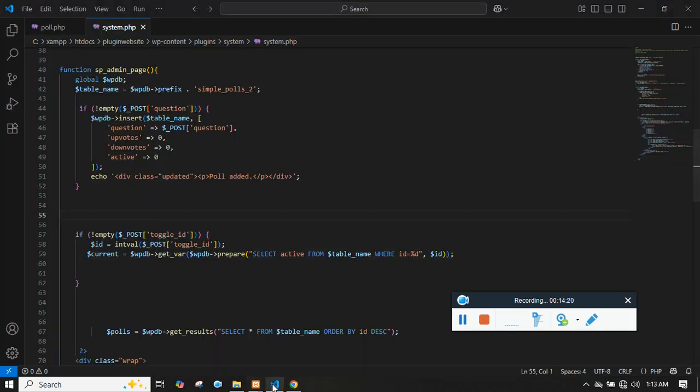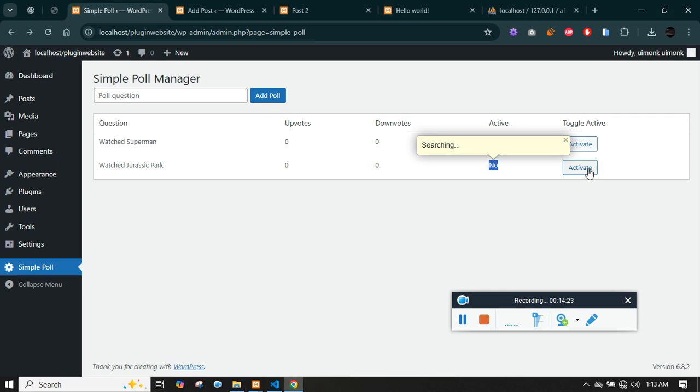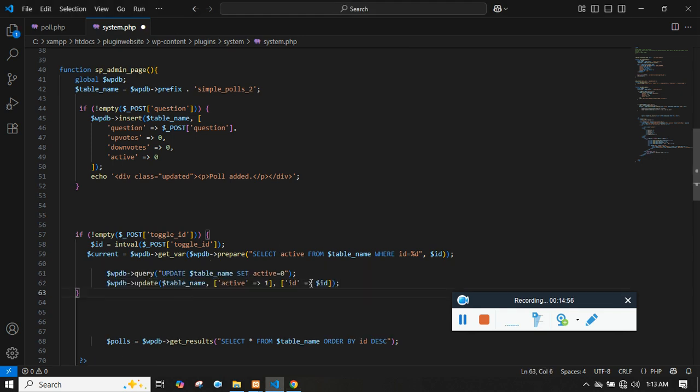What I'm basically doing is, if I click on activate, we have to run code that should deactivate all the other ones and then activate the one clicked. To make this point clear, consider we have 10 rows and one of the polls is active. When I click on the other button, first I want to make all the rows deactive, and then I want to get the button which I have clicked, and only that particular row should become active. So when I click on the button, I have made all the